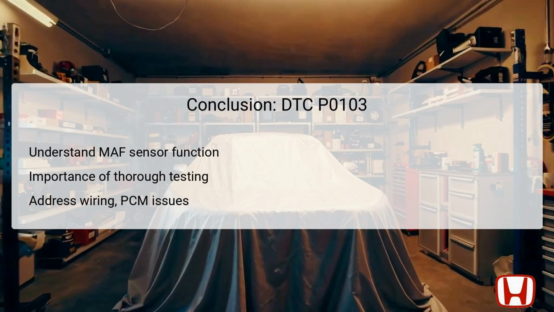Addressing potential wiring faults and ensuring PCM functionality will facilitate a comprehensive resolution. Emphasizing preventive maintenance practices can significantly reduce the likelihood of similar diagnostic trouble codes arising in the future. By following these guidelines, technicians can efficiently manage issues related to the MAF sensor system in Honda Pilots from 2016 to